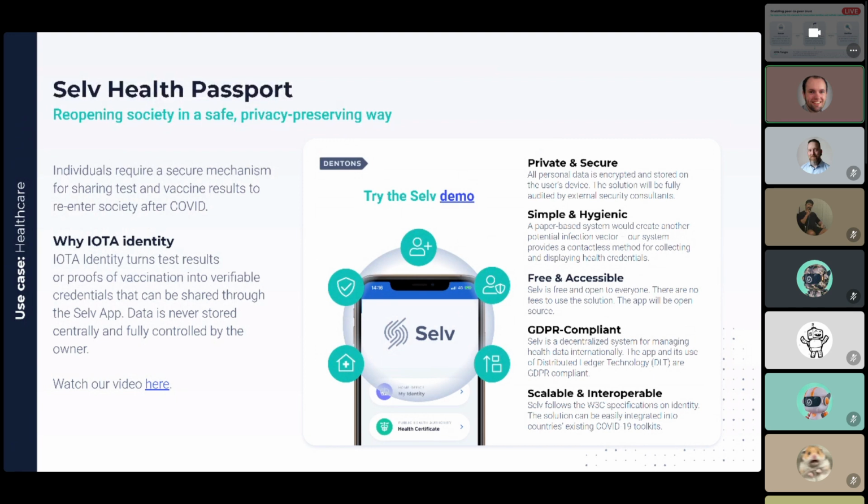So what you're able to do is basically get a verifiable credential proving that you have either been tested by a doctor or by a testing facility, or that you've been vaccinated. And you can then keep this credential in your own mobile wallet. And you can just present this anywhere in the form of a QR code, very similar to the experience that you have with the current days vaccination passports.